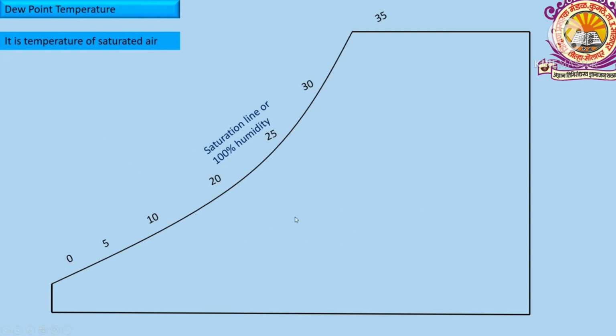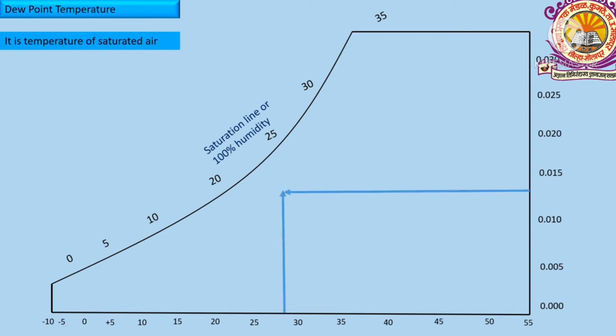Now, how can you find the dew point temperature, as there is no separate line for this? When we know any two properties of the air, we have to locate the point on the graph. Suppose the air has a dew point temperature of 28 degrees Celsius. Draw a vertical line of constant dew point temperature and a horizontal line of specific humidity, that is 0.014 gram per gram of air. Extend this constant specific humidity line straight to where it intersects the saturation line, which represents the dew point temperature.